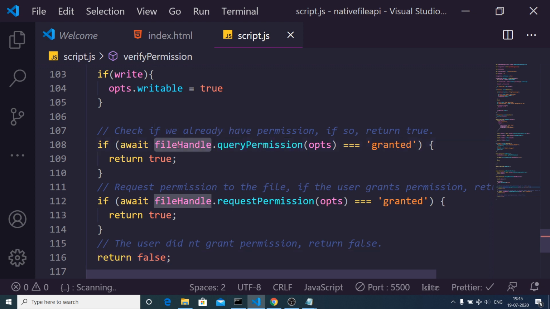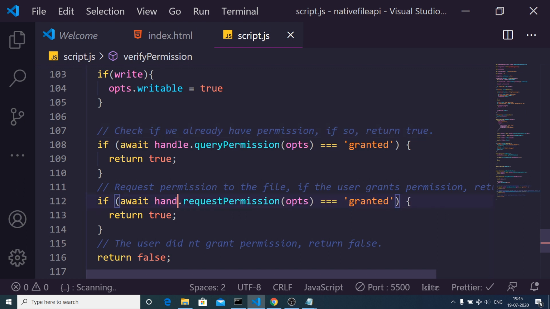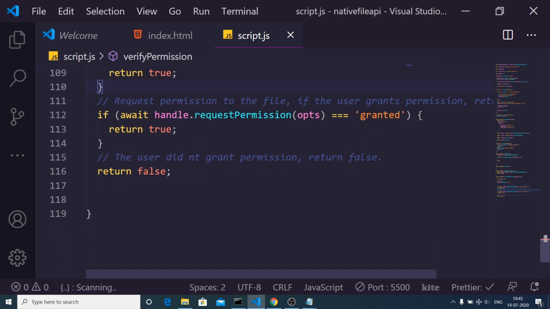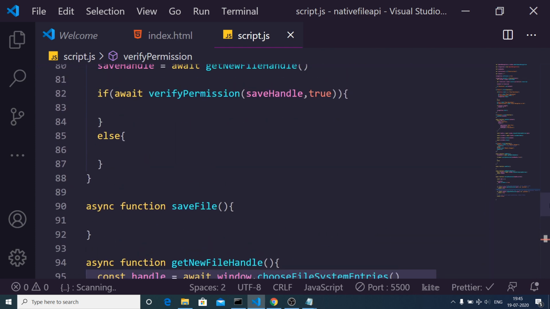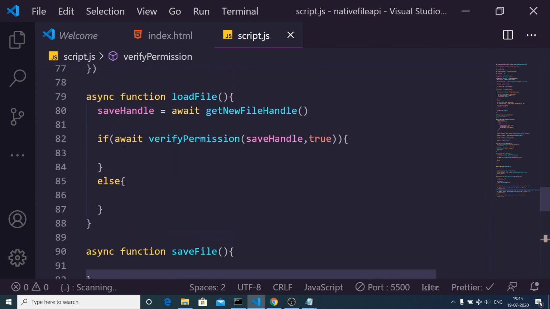Here I need to change this handle to handle, and this also to handle. There is a constant here which signifies that the user has granted, so this needs to be granted here. If the user has granted, this function will return true. If the user hasn't granted, then this function will return false. Depending upon this value, we will go inside this if condition and execute the code.